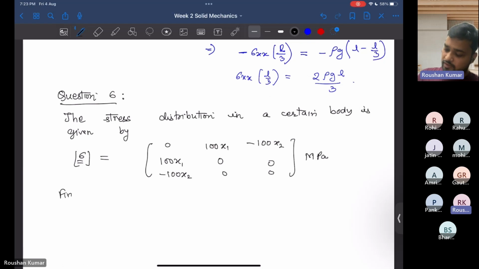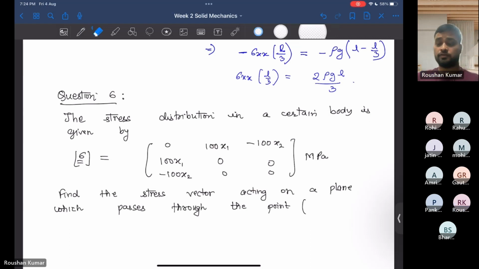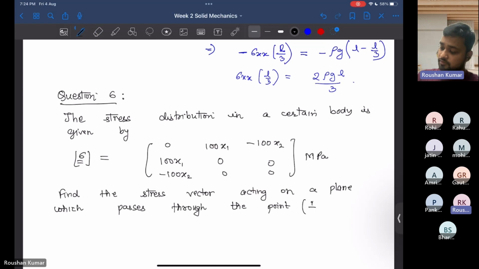So the question is, find the stress vector acting on a plane which passes through the point 1 by 2, root 3 by 2, and 3. So this is the coordinates of that point along E1, E2 and E3 direction,